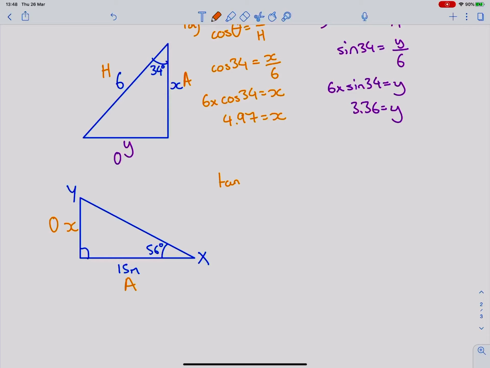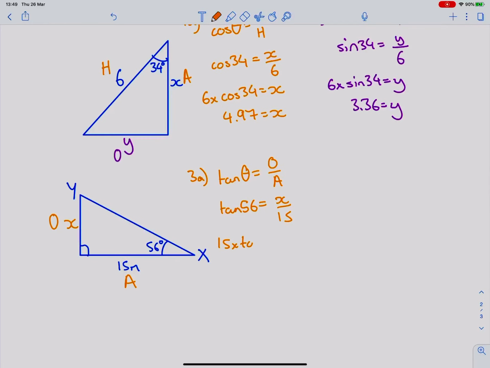So for 3A, tan theta equals opposite over adjacent, so tan 56 equals x over 15. Times by the 15, so you get 15 times tan 56. That is x, which equals 22.2. That's how tall the tree is, a 22 metre tall tree. Okay, for part B,